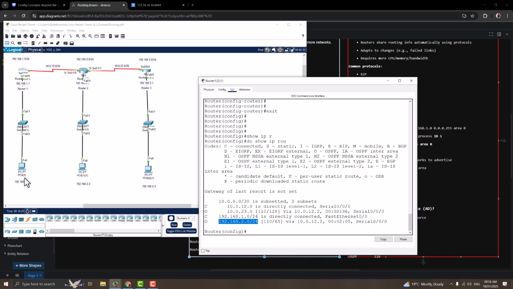right? So this router has also learned that there's a 23 network, but how did it learn it? It learned it via 10.12.2, which is this guy right here. He learned it from this guy, that there is a route called 23.0. He learned it dynamically. So the difference between dynamic and static routes is that dynamic routes can be shared without